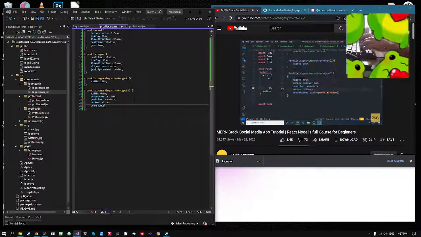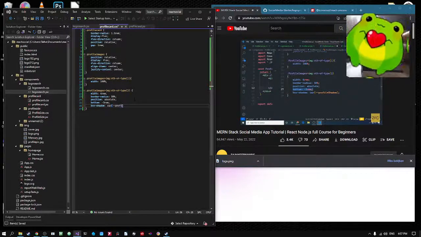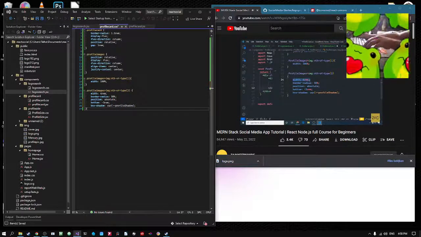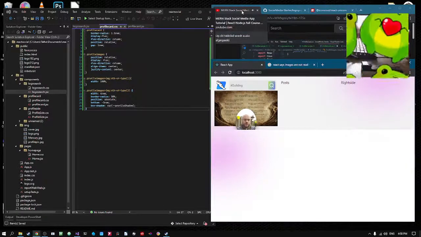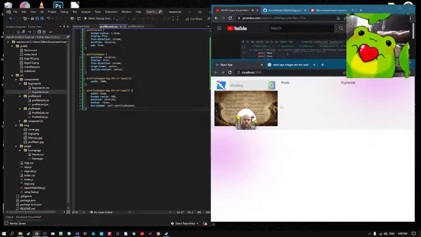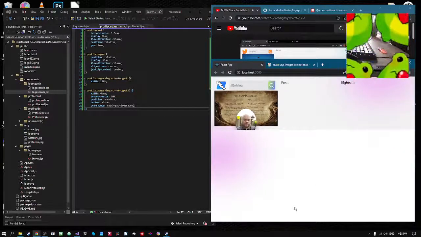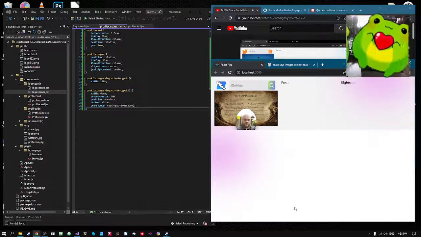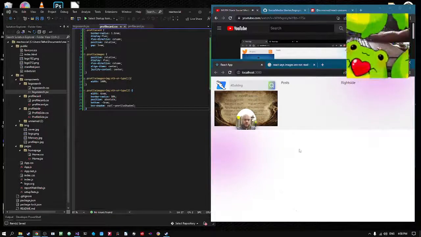So I have made its bottom minus 3 rem because you can see its width is 6 rem. So I want it half in the profile images div and half outside of this div. So therefore I have made this bottom minus 3 rem. Brilliant. Now let's save and see. Brilliant. Here you can see how beautiful this is looking, but we are unable to see it completely because our app.jsx is not defined as the height 100% or the height